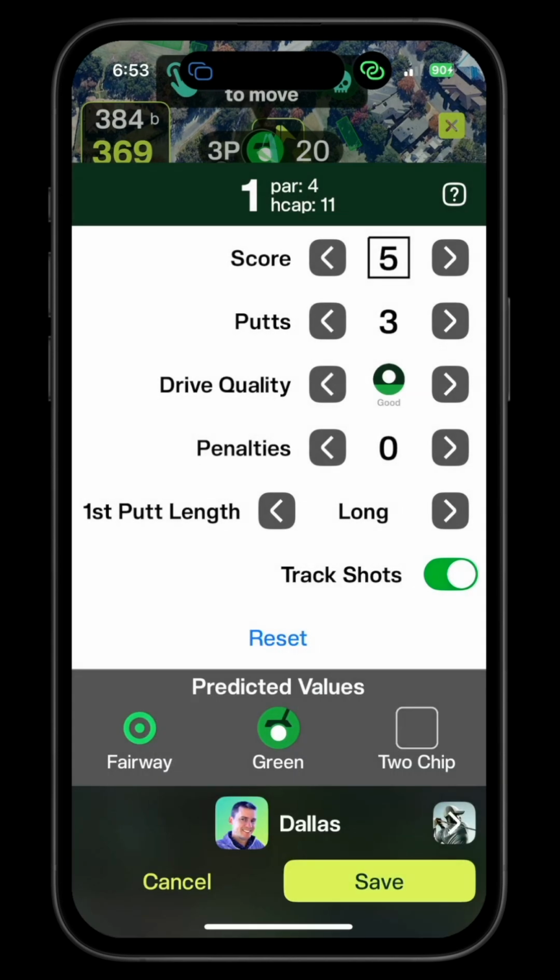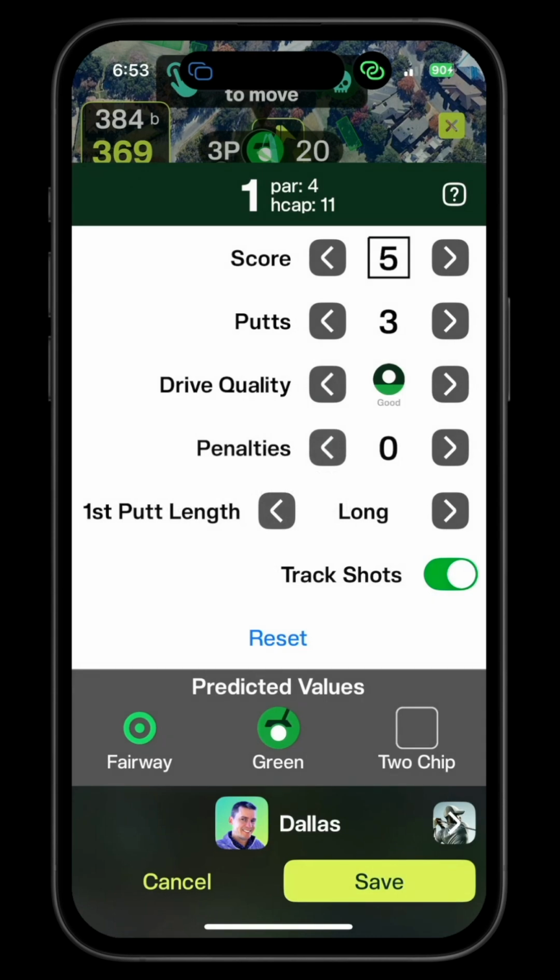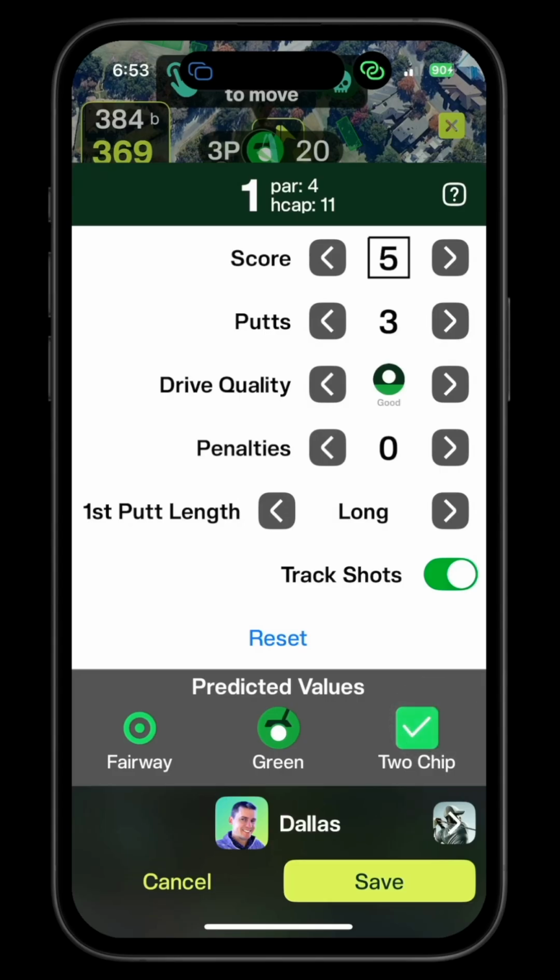Green in regulation is automatically set based on what you entered for score and putts, so you can't really change it here manually. If it's incorrect, then you probably got either your score or your putts wrong, and you should double check those. 2-chip. Use this to mark a hole where you took more than one shot inside 50 yards